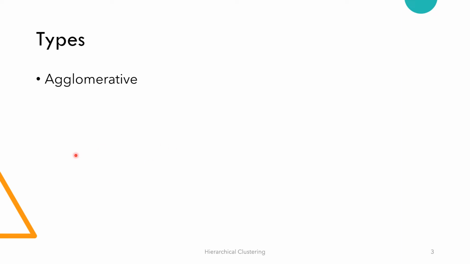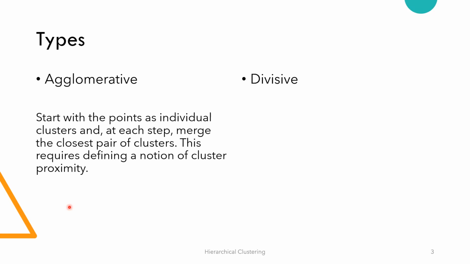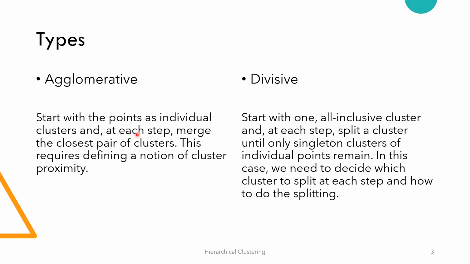Now there are different types of hierarchical clustering, such as agglomerative and divisive. So in agglomerative, we take two clusters and then we merge them. The clusters that we select to merge are such that they have the closest proximity. So we need to define what proximity is between each cluster, and we repeat the process until we reach a